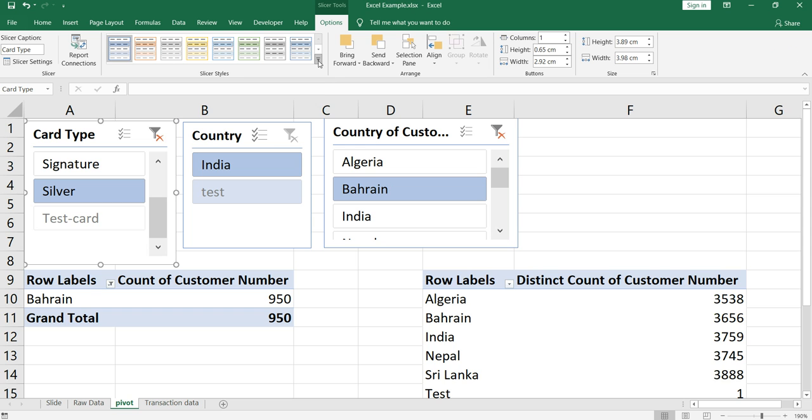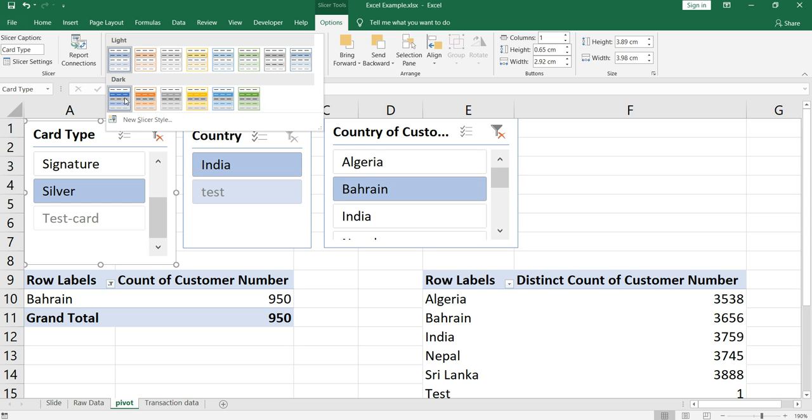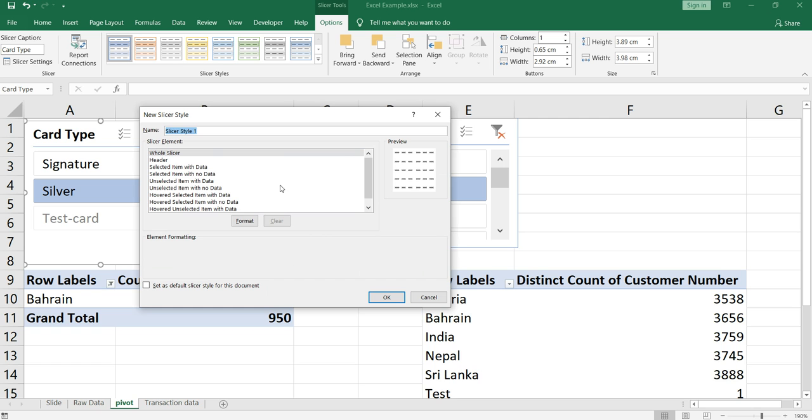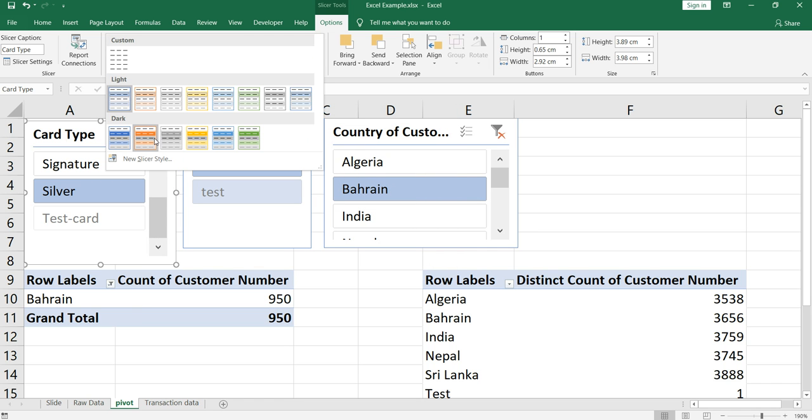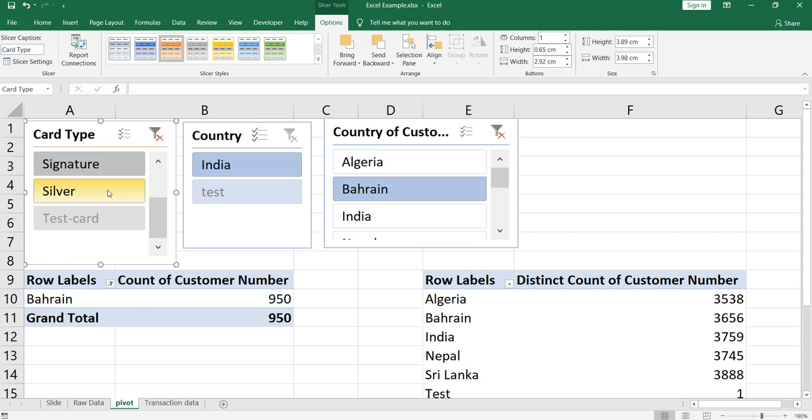You can select any of these. You have a lighter version and a darker version. And if you want to create a new slicer style, you can click on this button and create a new style based on your requirement. So let's select a dark theme slicer here. For example, if I select this one, you will see that the slicer design has changed.